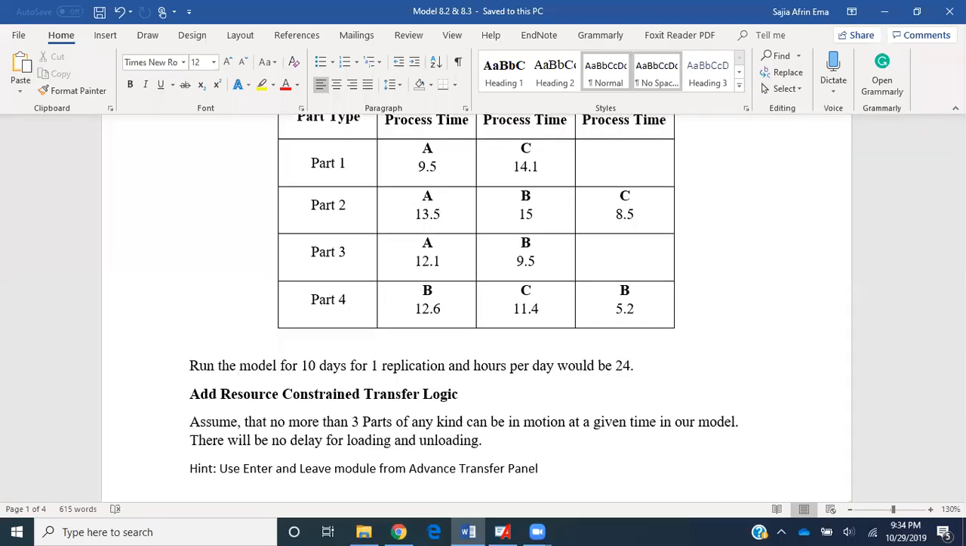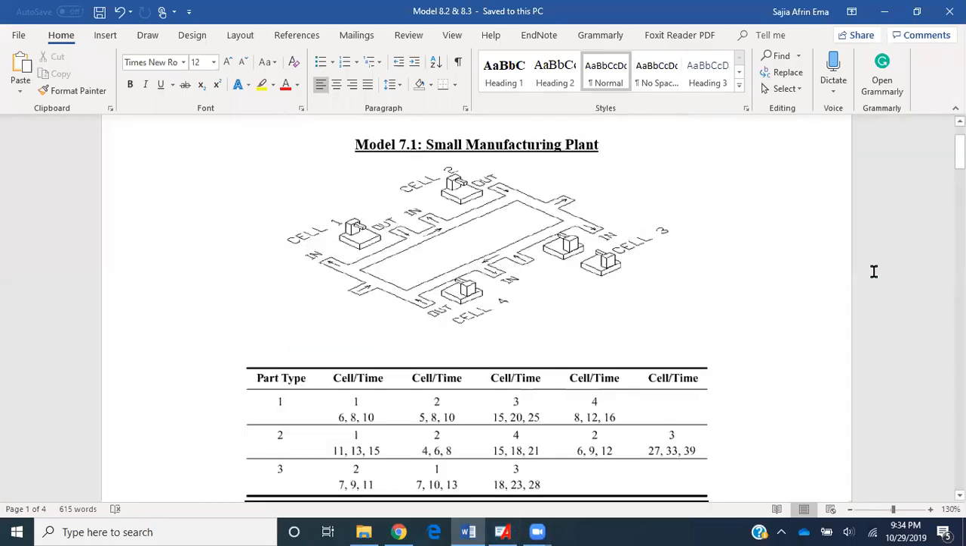Hello everyone. In this video, I'll be talking about statistical analysis for output using the small manufacturing plant where entities' movement depends on a particular sequence depending on its type. I have uploaded a video where I have shown how to build this transfer based on sequence. So I'll be using the same model to outline how we can do statistical analysis for steady state operation for